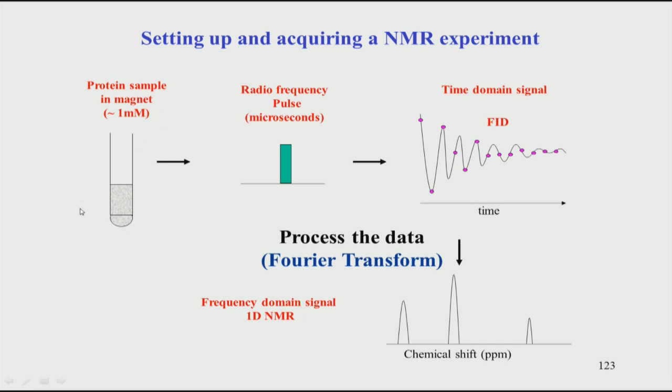You take a molecule, a sample in an NMR tube, typically at millimolar concentration, we will see more in the next few slides. Then we apply a radio frequency pulse, which is basically the 90 degree pulse I showed you, and that tilts the magnetization to the xy plane. When the magnetization starts going back towards the z axis, it starts relaxing, and that induces a current, an EMF, in the coil, and that is called the FID, a time domain signal because it is with respect to time.